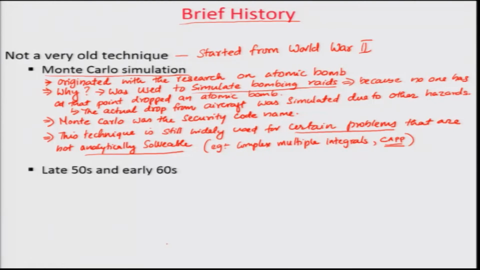Okay. So, Monte Carlo simulation was the first one which originated with the research on the atomic bomb. It was used to simulate the bombing raids, because actual dropping of the bomb from an aircraft was very dangerous. Then Monte Carlo was the security code name for the system, so the name stuck with it,